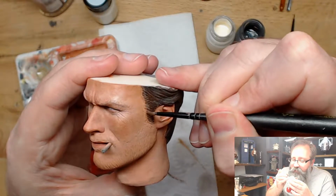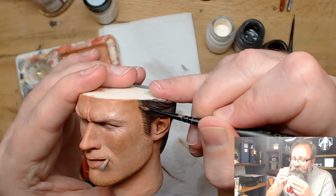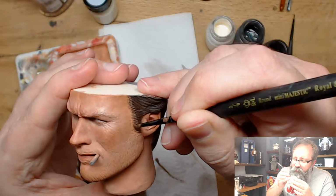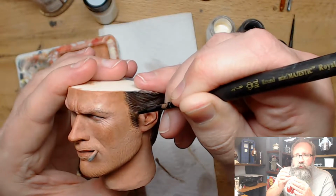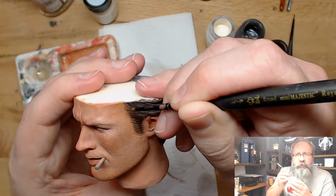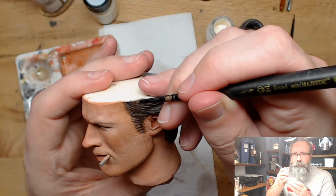I want to slightly lighten the front edge of the paint and slightly darken the bit on the skin that's beyond it. And then when we go back with teeny tiny brushes and do some individual brush strokes and everything, there will be a basis for that to start from. Now his hair, the way it's been sculpted, let's see,